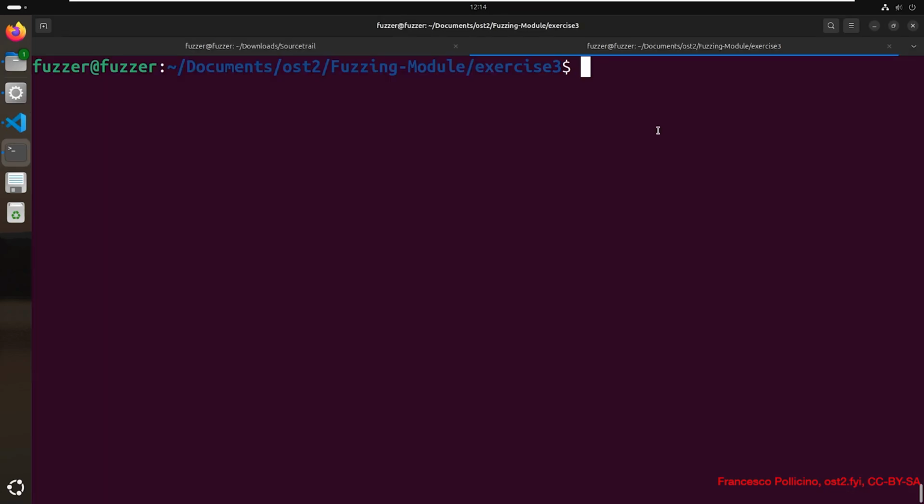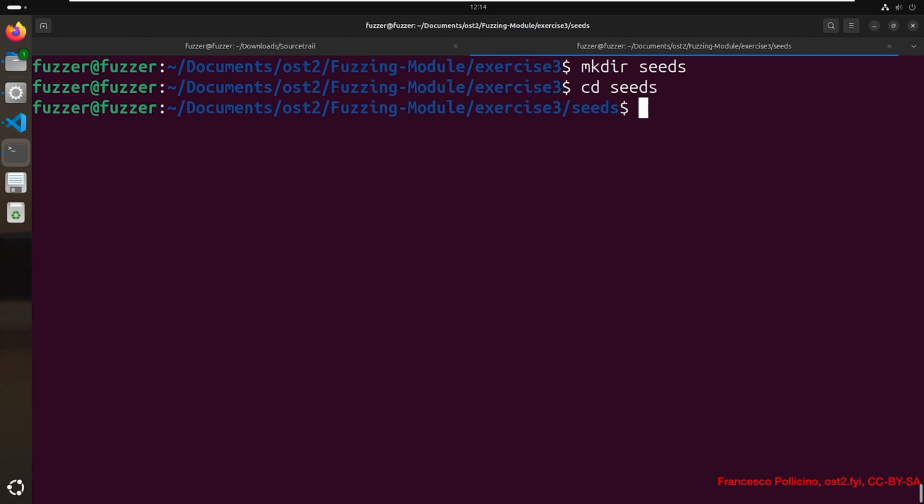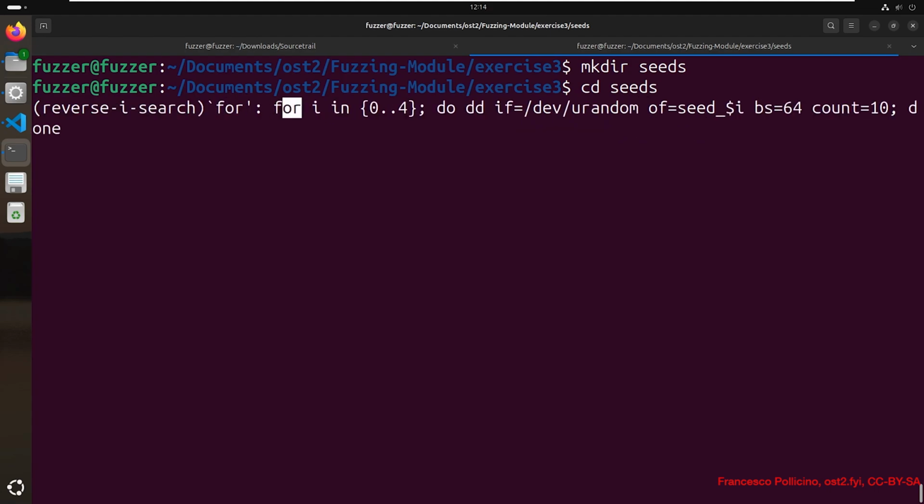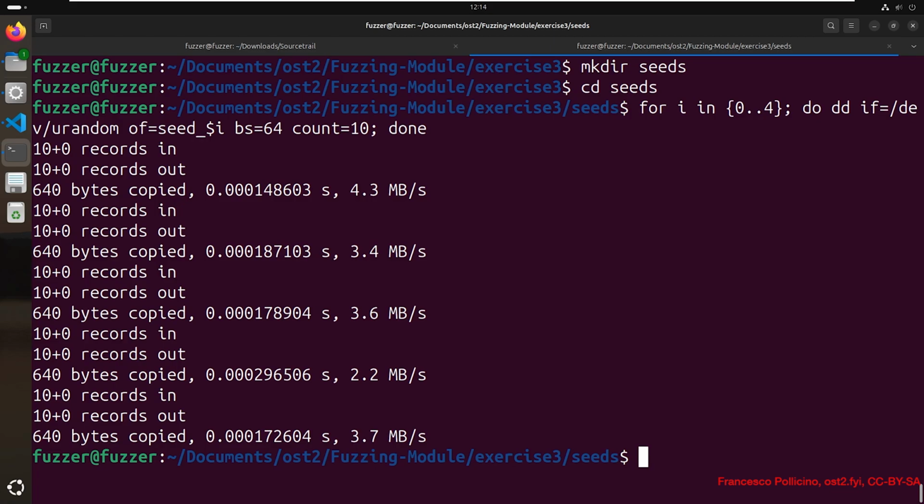The last step before fuzzing our slice is to generate the initial corpus and instrument our target. Like in the previous exercise, we can do that using a bunch of random data. So we create the seeds folder. We go inside. And we can get some data from urandom.